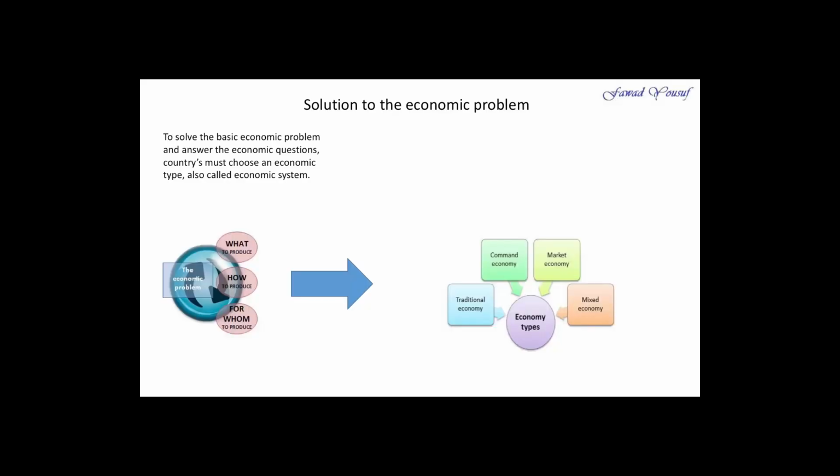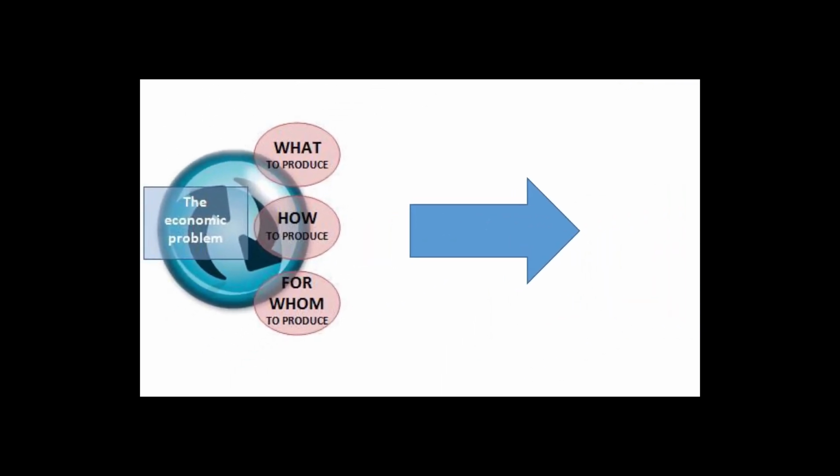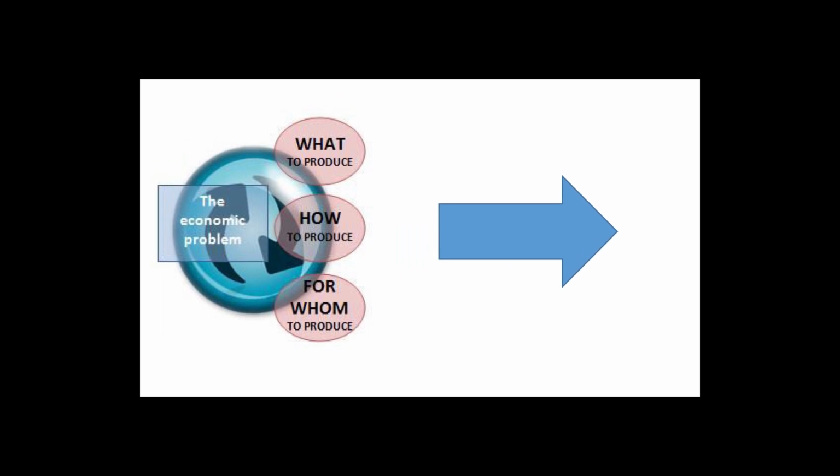All right. So basically, when you have the economic problem, in which you have scarcity, people having unlimited wants, and then you have the limited resources. To solve this, we say that every economy has to answer some questions. What were those questions? As we discussed earlier, the questions were what to produce, how to produce, and for whom to produce, right?